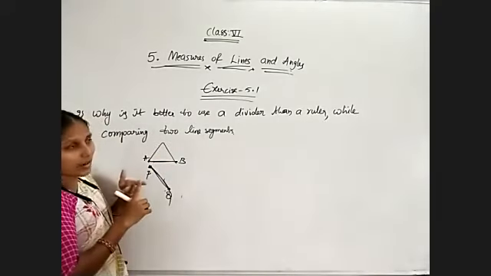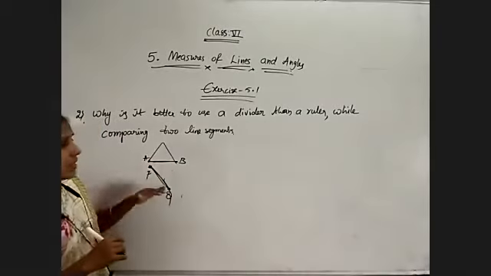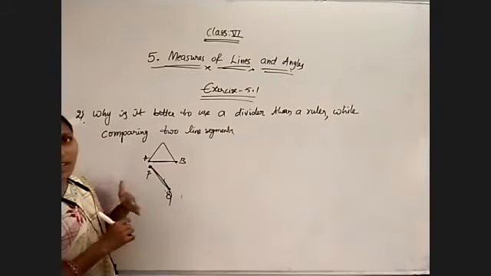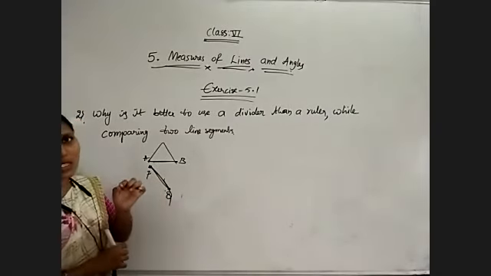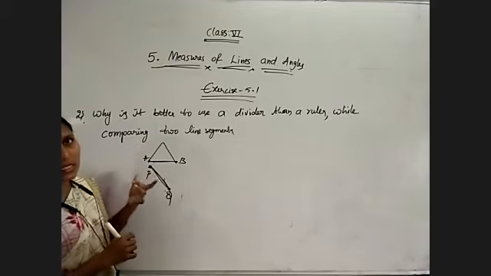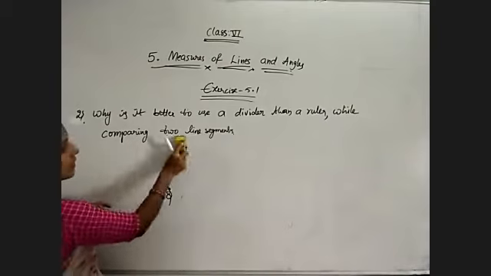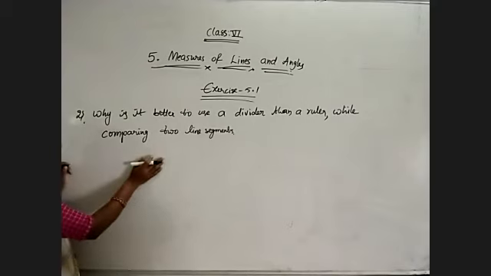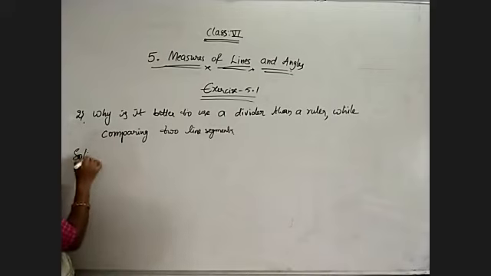And that is one of the advantages. And one more advantage is we are getting correct results. Even with a scale, maybe you will get 1 point here and there by missing. But when we are comparing with the divider, there is no mistake. Even a small error we will know. So it will give accurate results. That's why, what is the answer? Why is it better to use a divider than a ruler? It is better to use a divider than a ruler because it will take less time as well as it will give accurate results. So that is the reason.